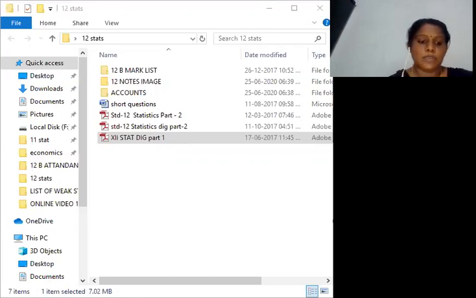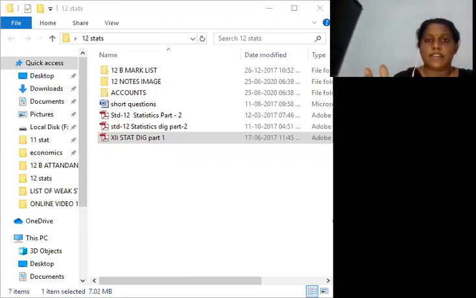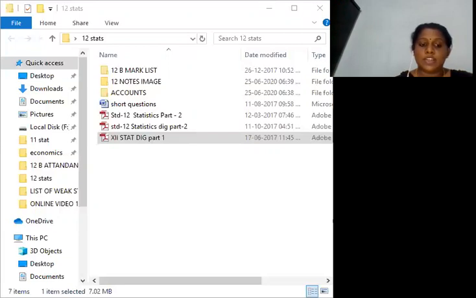Now state the linear regression model. Our linear regression model: if the dependent variable y is represented as a linear function of the independent variable x, then that linear equation is known as a linear regression model, or the regression line. Here x is independent and y is dependent, always remember that. So our linear regression model is y equal to alpha plus beta x plus mu.